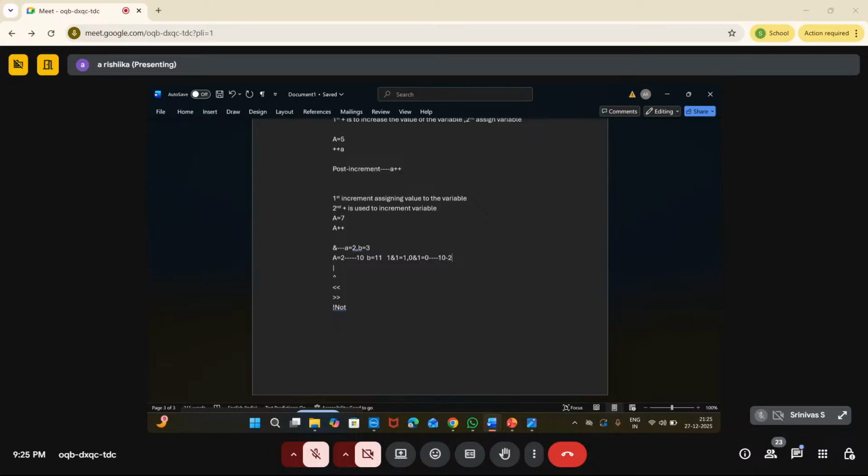Okay? Similarly, the bitwise OR operator, again I'm taking A is equal to 2 and B is equal to 3. So when I take 1 0 and 1 1, you can just calculate here 1 OR 1 is nothing but 1, again 0